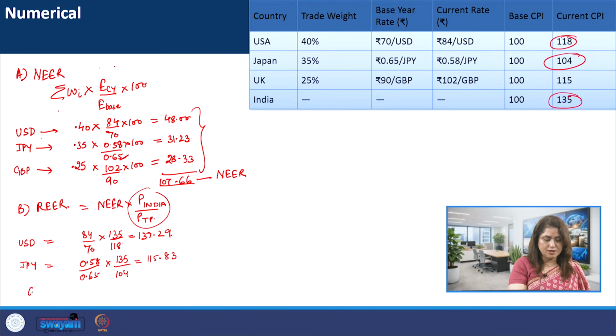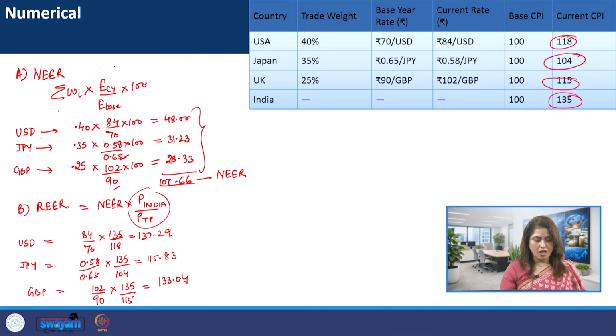Now, we will do the GBP. For GBP we have the ratio 102 divided by 90, this is the NEER ratio that we are taking, into 135 divided by 115, which gives us